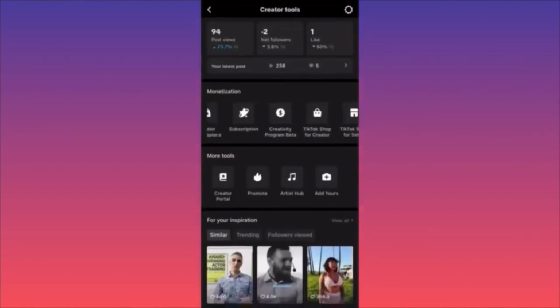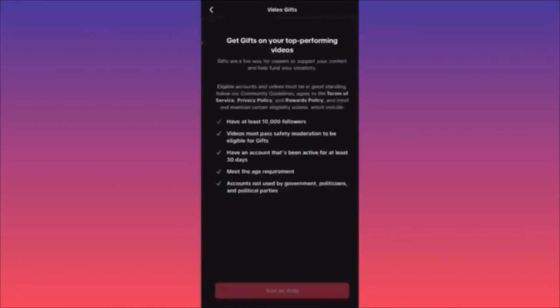This is the menu we want to be focusing on. Then you want to scroll through the section that is called Video Gifts over here. You want to click on it. Then there is a special button that you want to click, and this will simply help you to enable video